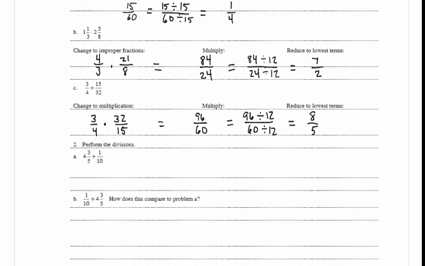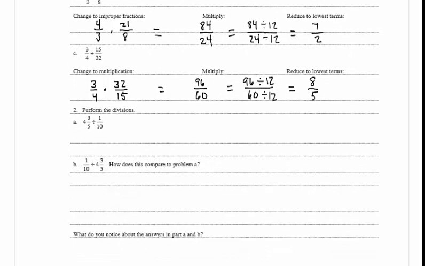In 2, it says perform the divisions. In A, we have 4 3/5 divided by 1/10. So the first thing that we're going to want to do is rewrite this without our mixed fraction. So we're going to turn 4 3/5 into an improper fraction. So I have 5 times 4 is 20, plus 3 is 23, divided by 5, divided by 1/10